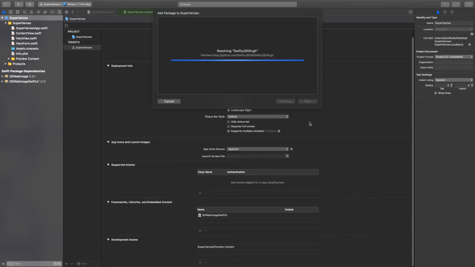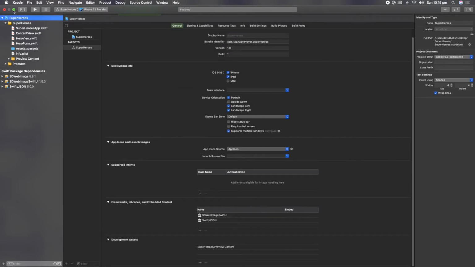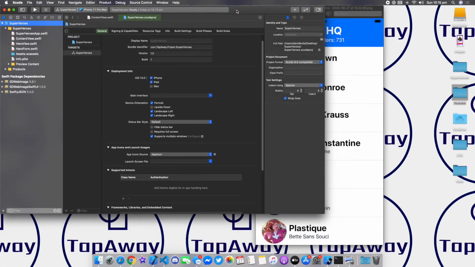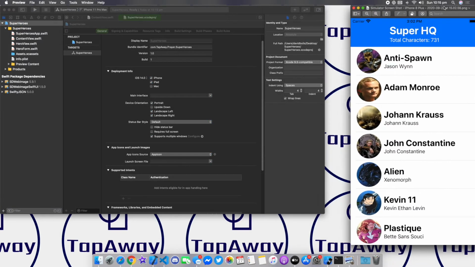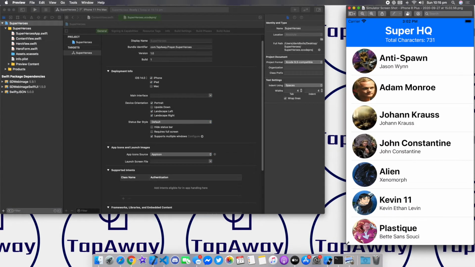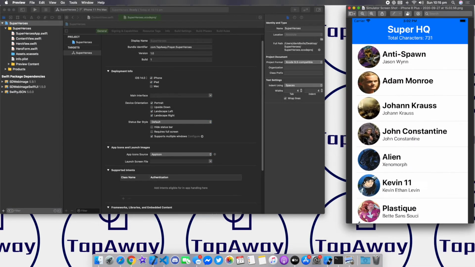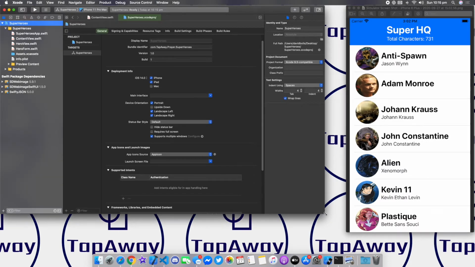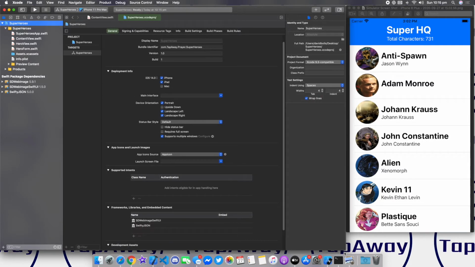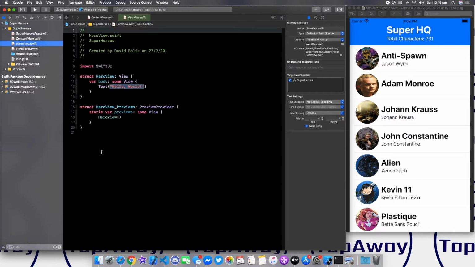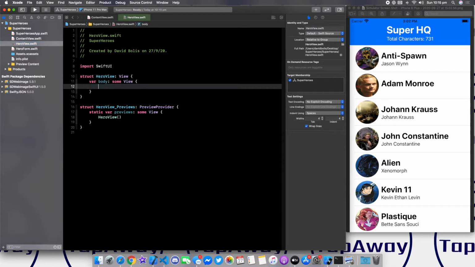So before I continue, maybe a good idea will be to minimize this project, put it somewhere over here, bring this like that. Maybe we can make this a little bit smaller, it doesn't matter, and make this one a little bit bigger. And let's try to get the exact same sort of look that we have over here. Let's jump back to our hero view, and remember, all the heavy work is going to happen in this file. And the first thing I need to do is remove this text, add a ZStack,